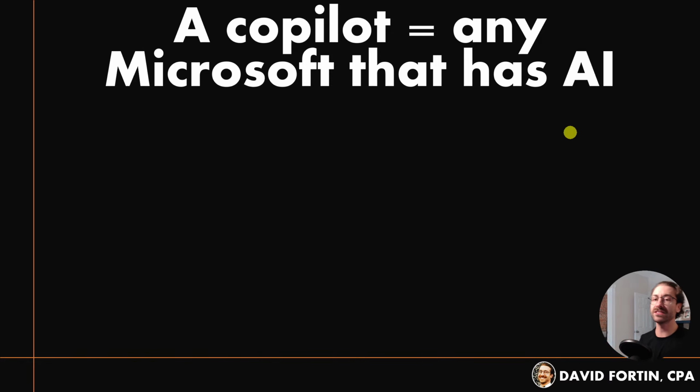So what is a Copilot? A Copilot is any Microsoft tool that has AI in it. Recently, we've seen Copilot for finance, Copilot for Dynamics, Copilot for sales, Copilots for services. So as soon as there is AI in their tool, Microsoft calls it a Copilot. But they basically train specific Copilots to do specific tasks. Copilot for finance will have a background knowledge, so they have their language model, which is adapted and trained for